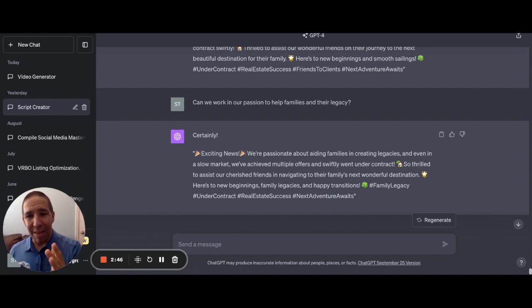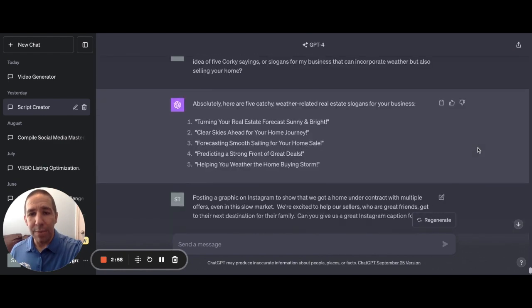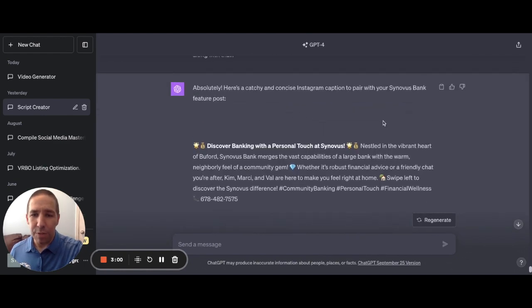And then what I'll do is I'll copy it, put it into a Word doc or a Google Doc or whatever. I'll tweak it a little bit and I'll say, just for your information, this is how I would write it. So it's tweaking how I do things. Through this whole thing, when I come in here, if I need a script for something,